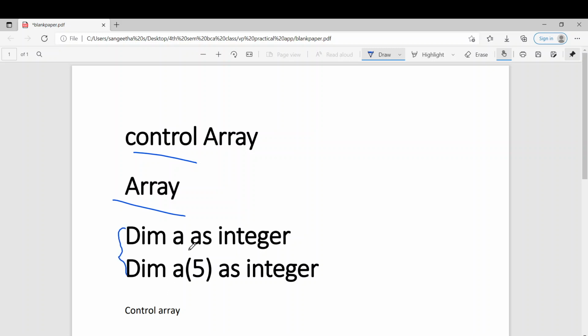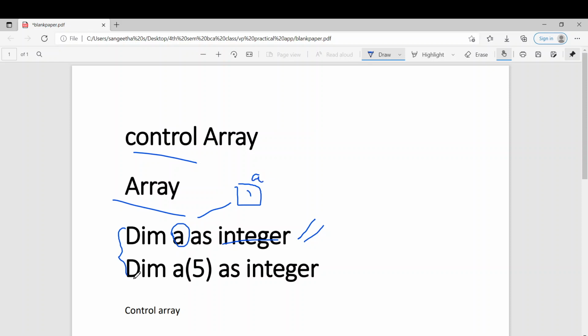Both are declaration statements of a variable as integer, but there is a slight differentiation. When you see this statement, you can understand that a is a variable of integer data type. It can hold only one value at a time. So it will have only one memory space to hold the value.